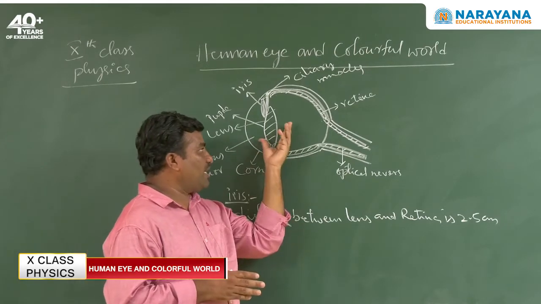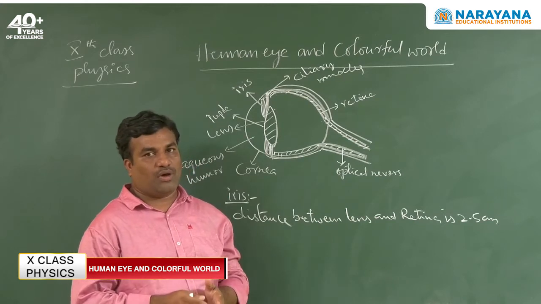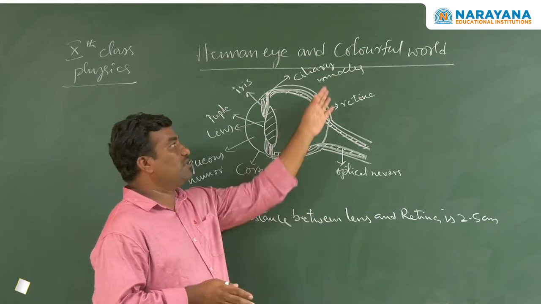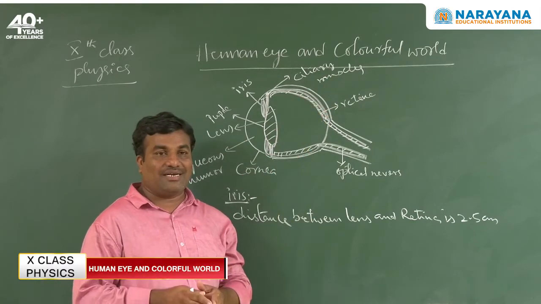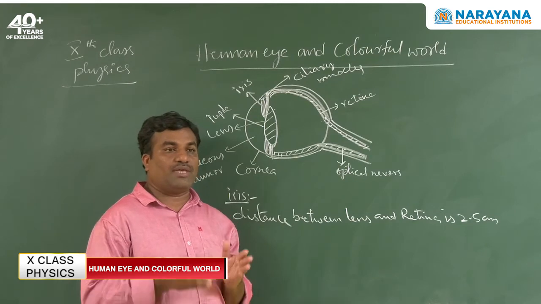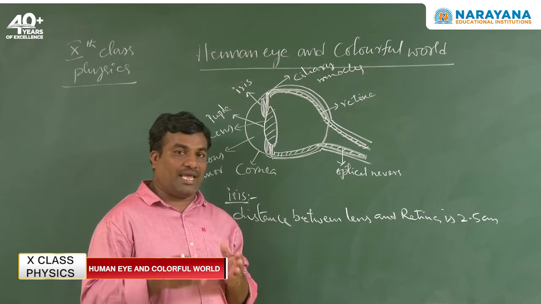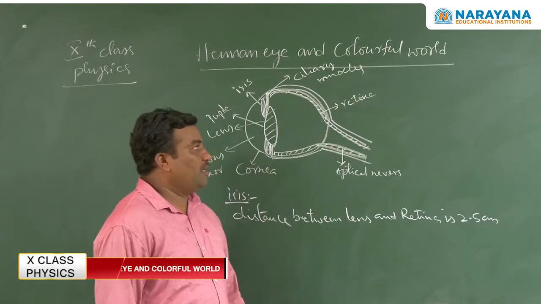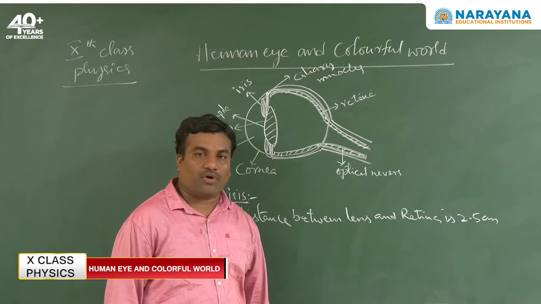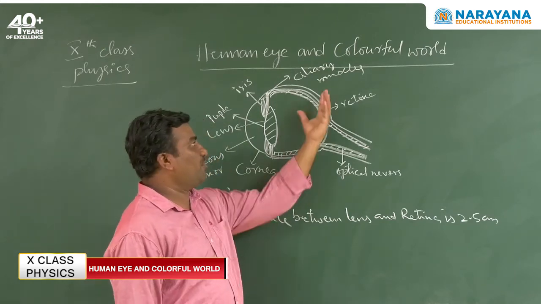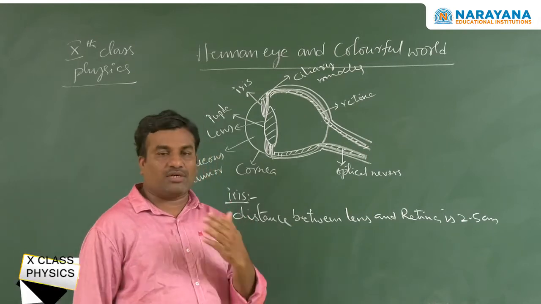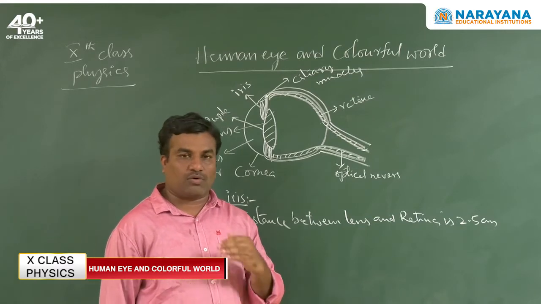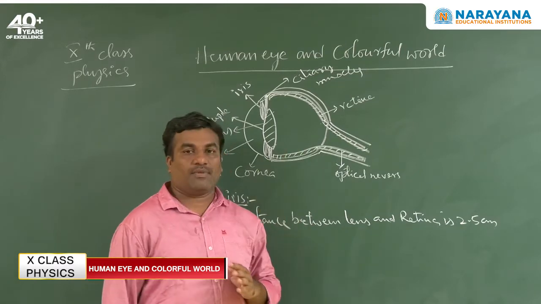Next, in the same way, for closer or near objects the focal length is minimum. Why? The ciliary muscles are strained and change the focal length of the eye lens, and we get the same image formation on the retina. So ciliary muscles can change the focal length of the eye lens. When you see long distance objects, the focal length is maximum; when you focus on near or close objects, the focal length is minimum.